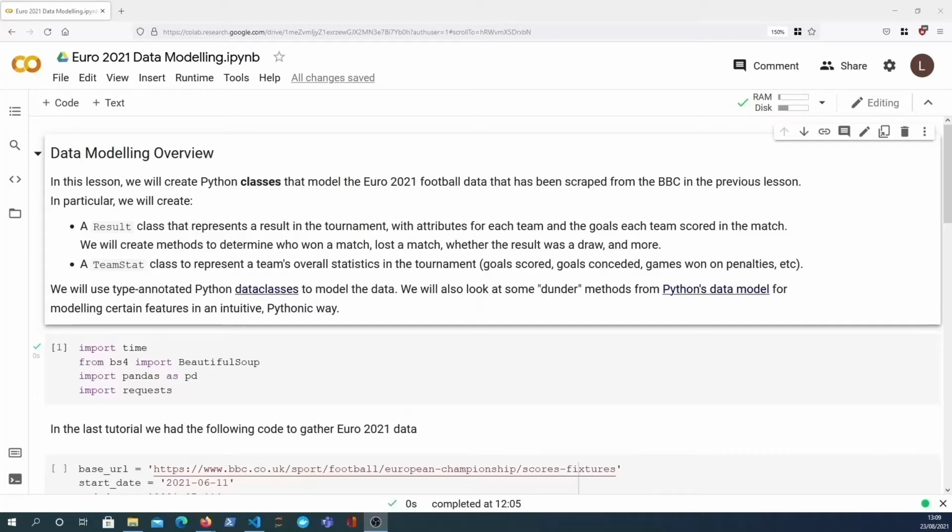We're going to look at data modelling in this video, and we're going to continue from the point that we left off in the last video. That is to say, we're going to take the scraped data that we had in the last video and convert it into an object-oriented viewpoint. We're going to create classes that model the Euro 2021 football data, and we're going to create two classes in